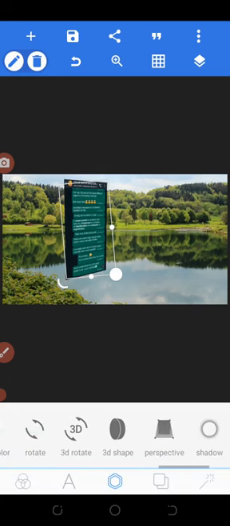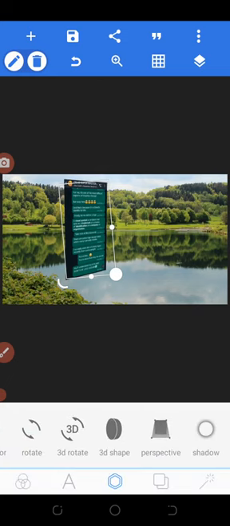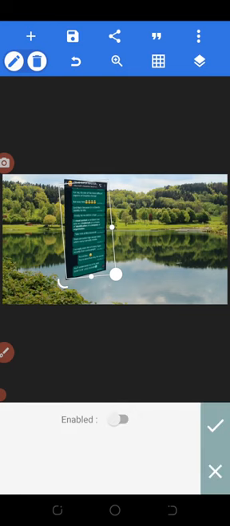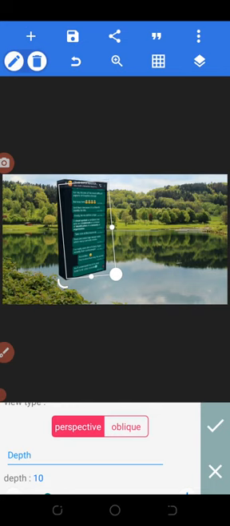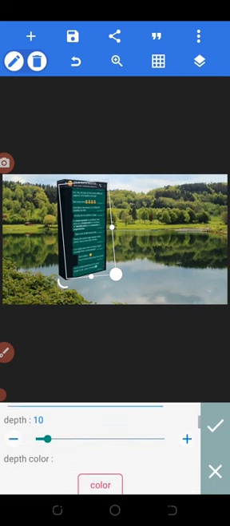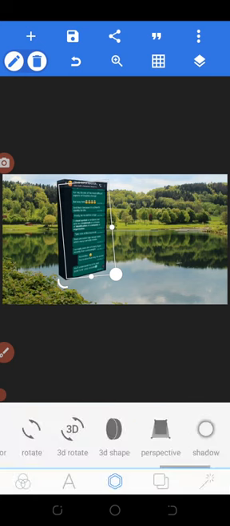After that, click on the 3D shape and enable it. You can see what we have now. After that, I make the depth 10. The next thing to do is to come over to